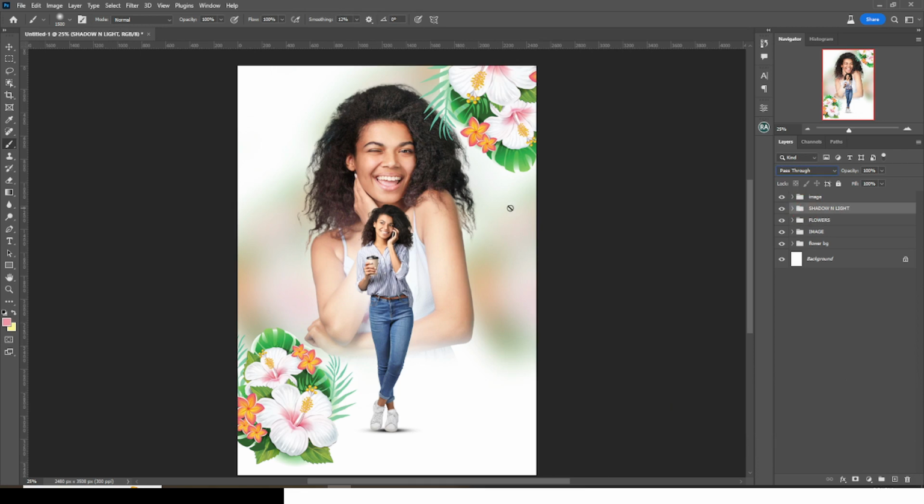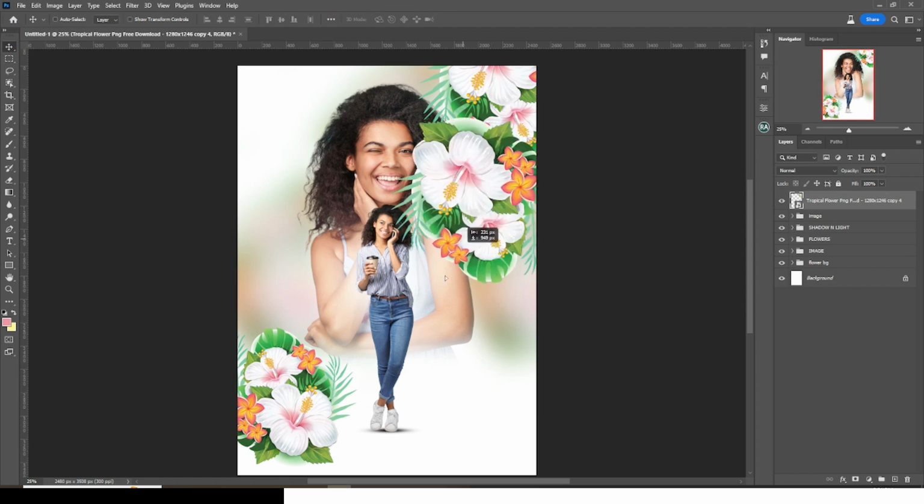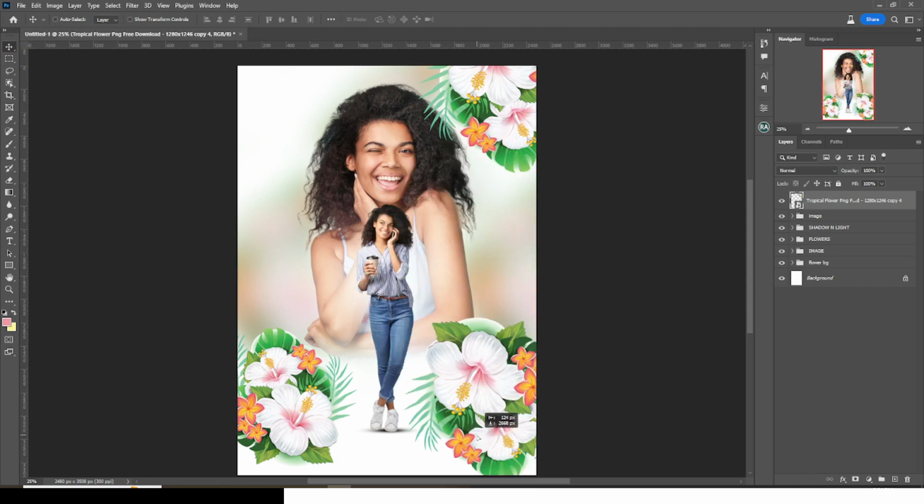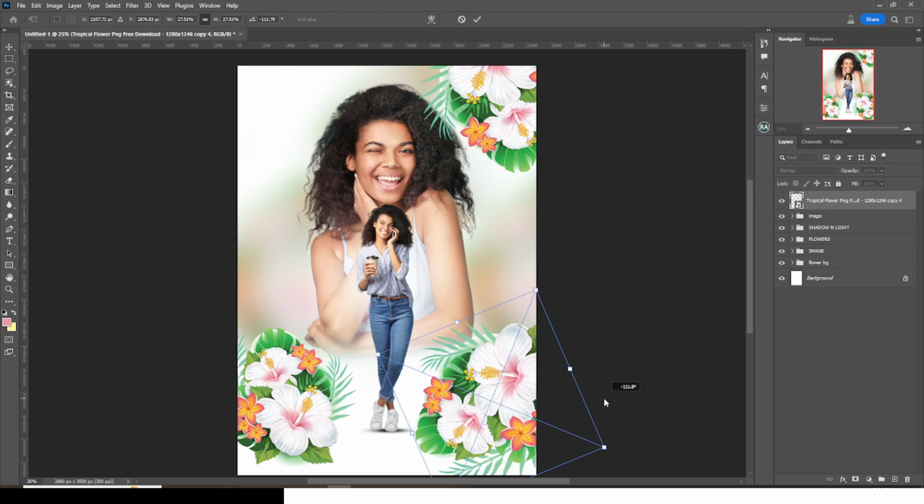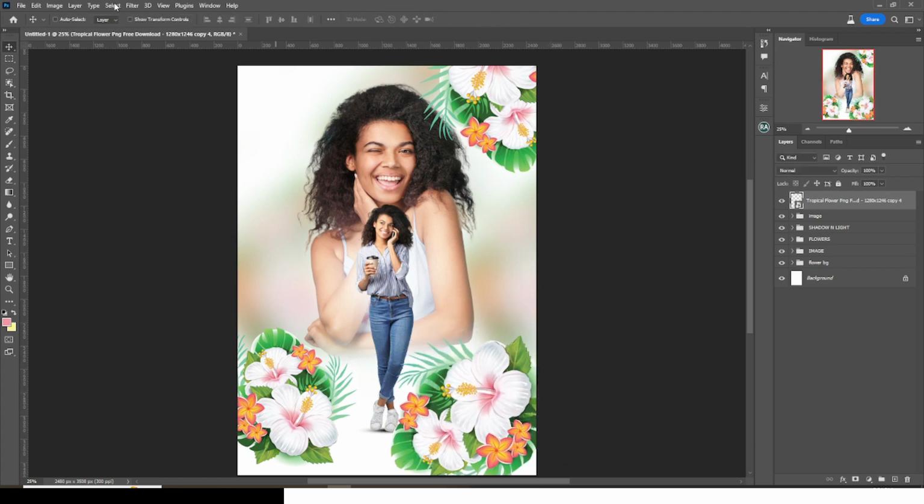Okay, so now I also want to bring in some blur concerning the flowers, so I'm going to open one of the flowers, this one, and then I'll duplicate it, bring it up, and then I'll click on my move tool, and then I'll see if I can move it around. Okay, now this is where I want it to be, so I'm going to do it like that, and then I'll go and then